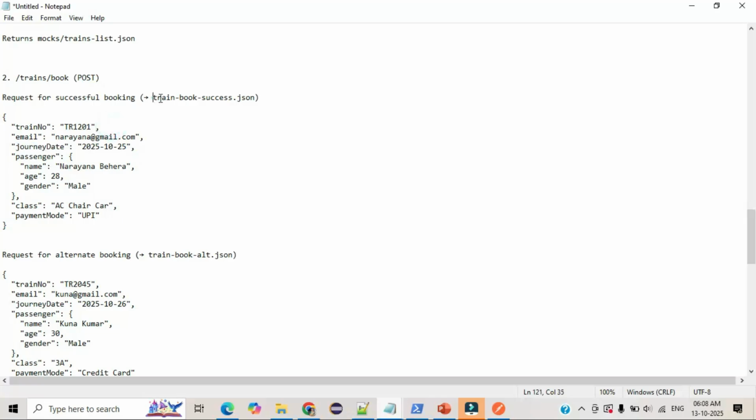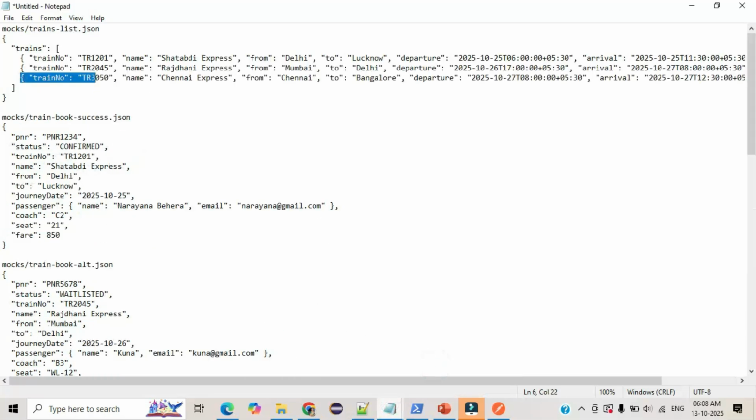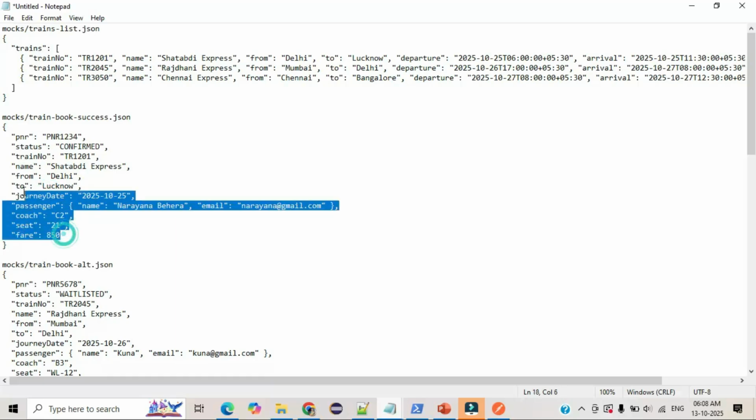So the next one here is showing train ticket success. Side by side let me show you. If my train ticket is successful, you will get the confirmation status here. This is the PNR number. Here you will get the journey date details, and if you want some more details, I added some dummy data for your reference. If you want to fetch this particular field in the front end,